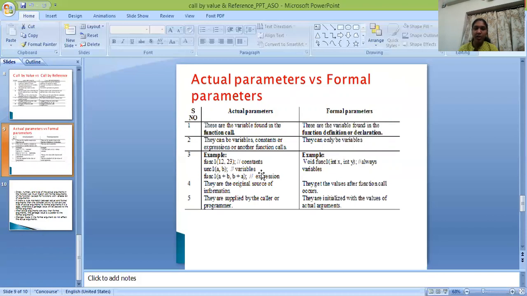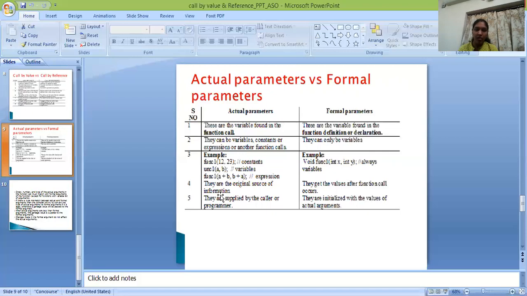Here are the examples for actual and formal parameters. Here function 1 with 12, 23 as constants, next variables, next expressions. Here formal parameters are always variables. In actual parameters I can use any constants, variables, expressions, etc., but in formal parameters only variables can be used.